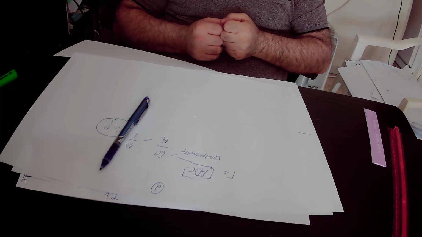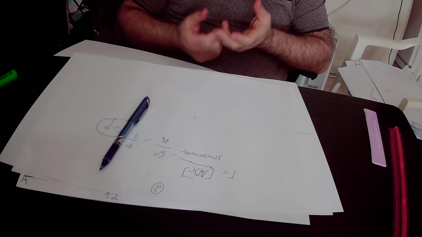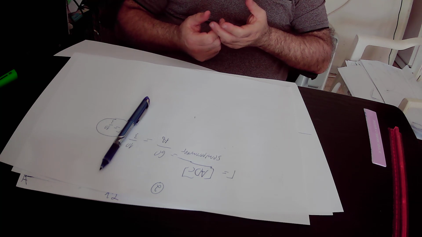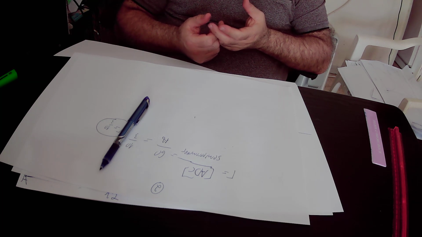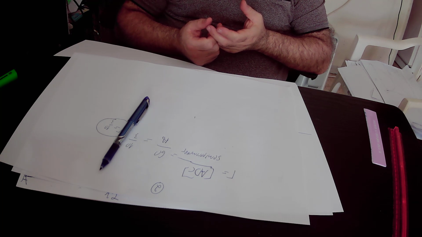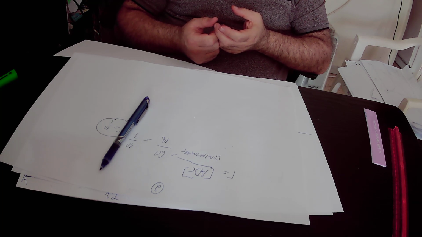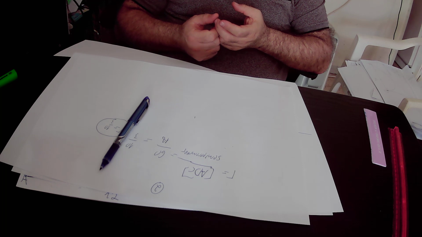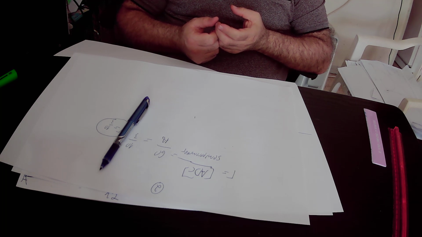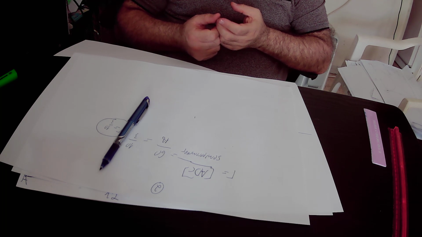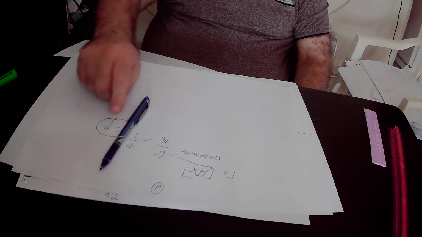Therefore, the radius of the circle will be equal to the radius of the semicircle, because it is composed of the two semicircles that combine together to create the circle. So the radius of the circle equals the radius of the semicircle, that is 10 over 3 units,